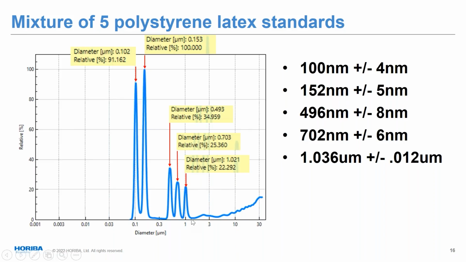So the largest area peak was the one at 0.153 microns, and that we set as 100%. So that was the largest peak. Then the one to the left, the one at 102 nanometers, that one wasn't quite as large. That one was 91%. And then the larger peaks at the bottom, you can see were 35, 25, and about